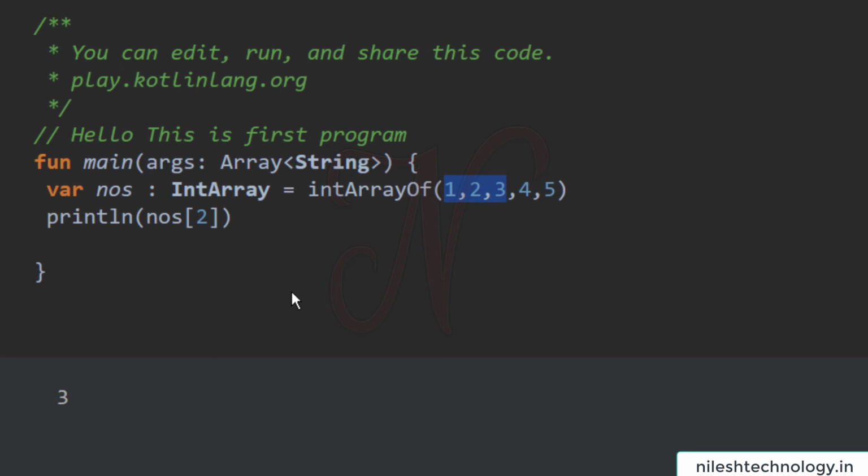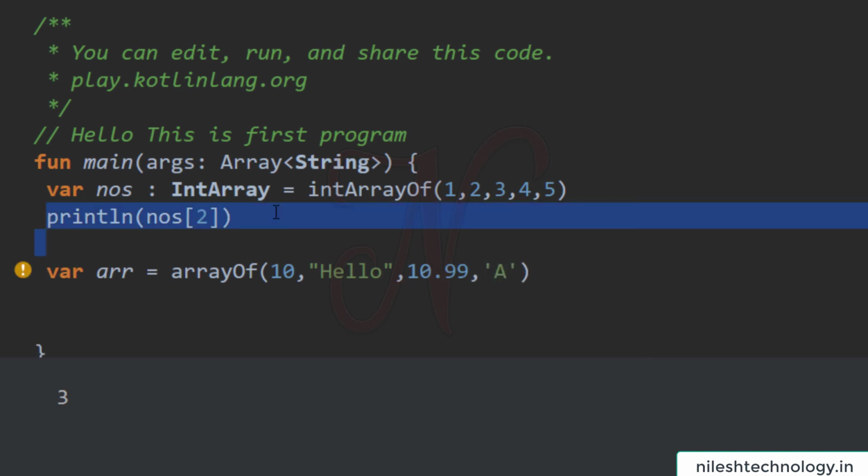So let's see one example. Here we define one more array, for example, arr is equal to, directly define one array with arrayOf, and pass here some values. For example, this is an integer, this is a string, again this is a double, and this is a character.